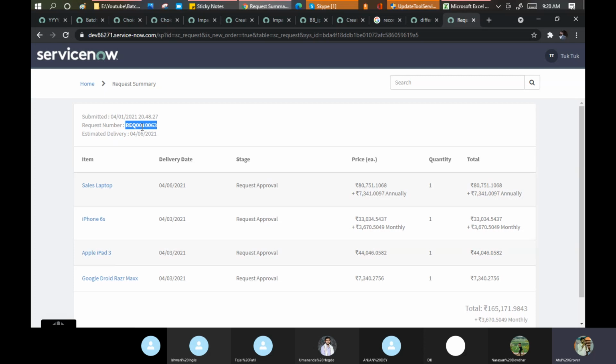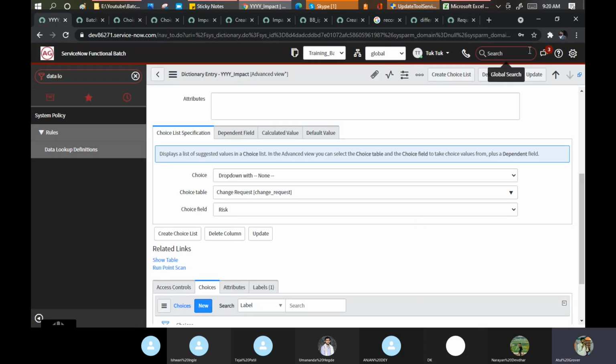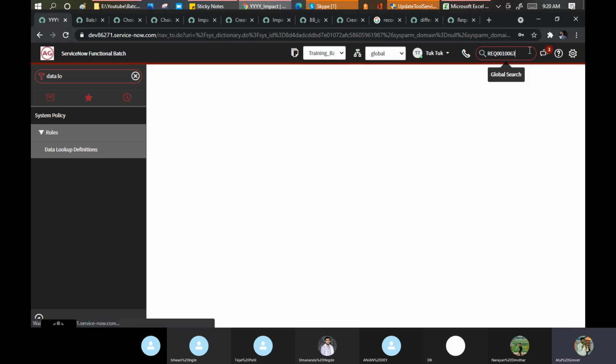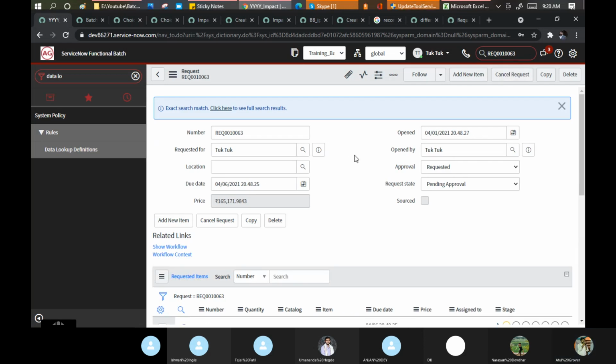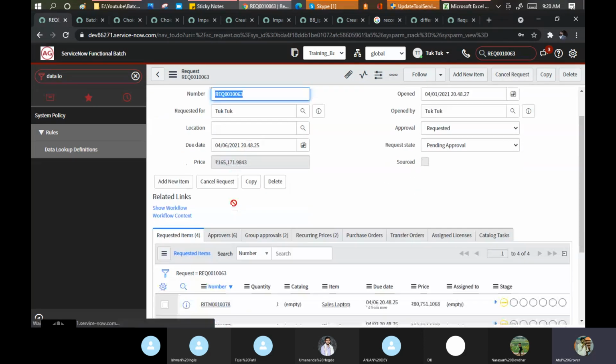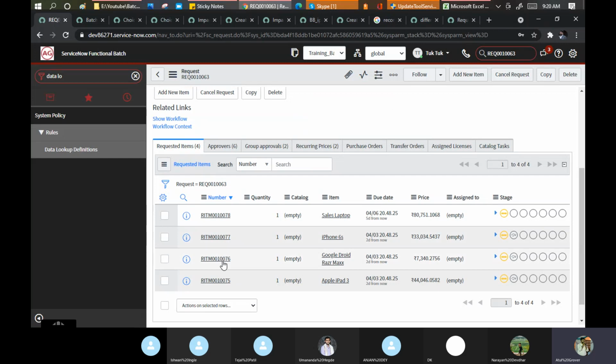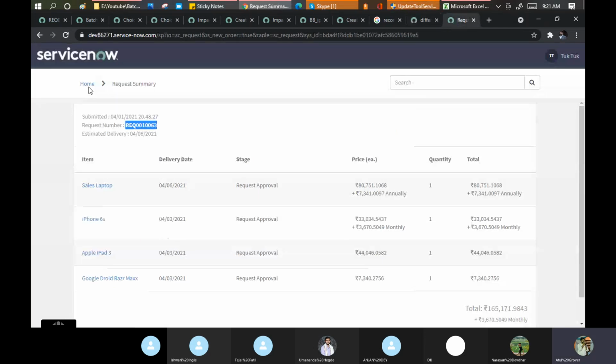Let me open my record here. I will share one more recording in the group, updates in the Paris release. Just go through that, it is good to understand. Now you see 4 different RITMs have been generated for this. Now the thing is, Atul, this is about the order. What I can say, order guide. This is my order guide concept.